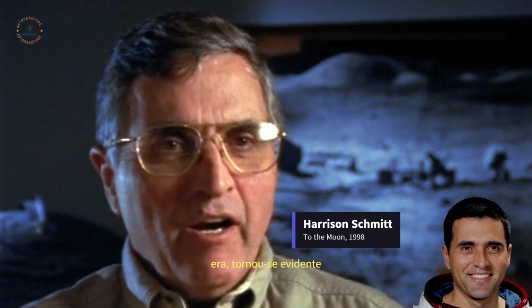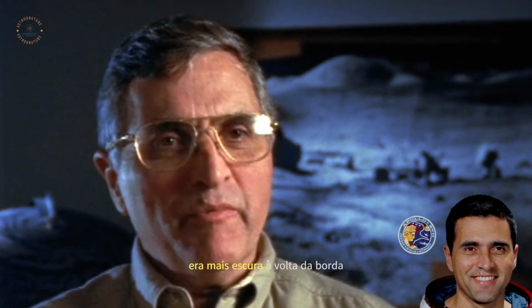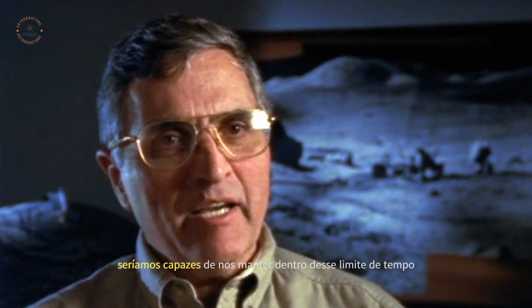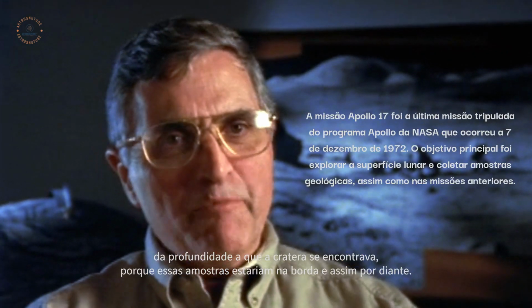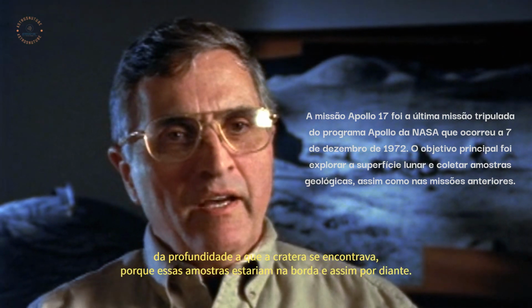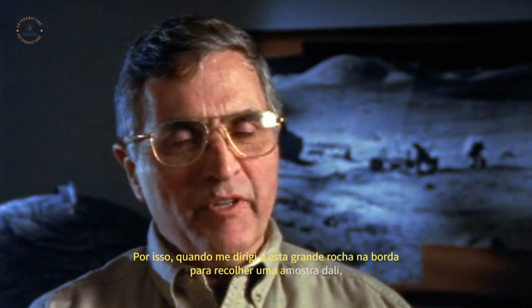Especial Missões Apolo. When we arrived at Station 4, that is the crater Shorty, it became apparent right from the beginning that it was another impact crater. It was distinctive because it was darker around the rim than others, but still another impact crater. And so we felt like we were going to be able to stay within that time constraint and very quickly gather some samples from the depth that the crater had gone, because those samples would be on the rim and so forth. So as I went towards this big boulder on the rim to get a sample from there,